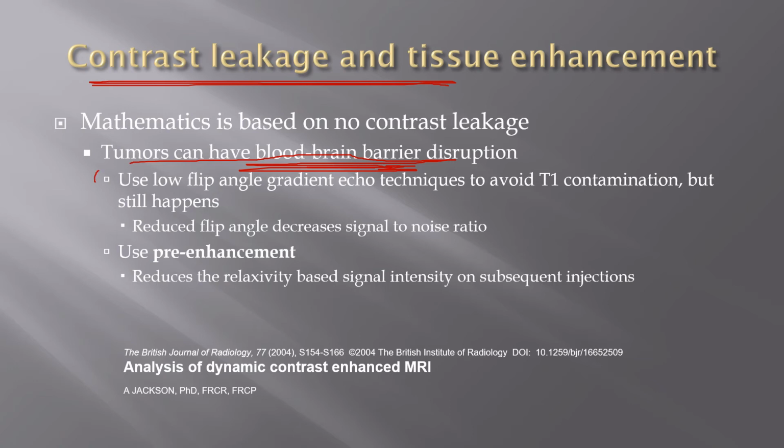You can use some things to avoid this. We do the lower flip angle techniques. It avoids this T1 contamination. So when the contrast starts leaking out, instead of giving dark signal, it basically starts giving T1 signal, and so you don't see as much of a loss of signal. But what will happen is it'll be coming through, and then you'll get this leak. You'll get this rising signal. Of course, then you don't know exactly what the true perfusion curve is. I mean, it'll make an assumption, probably take it like this, but you're still not capturing